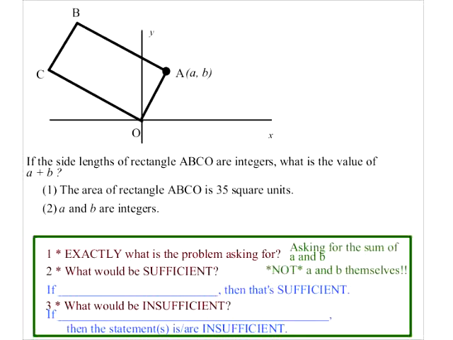Like what exactly do we need to be sufficient in this problem? To know if A and B can be found? No, that's too much. That's what we just got done saying. We do not have to find A and B themselves. And the way these problems will probably work is you probably won't be able to find them. But you might still be able to find the